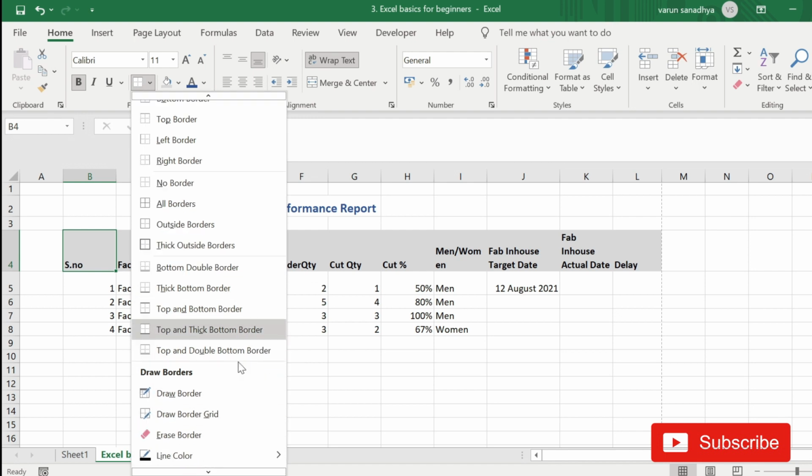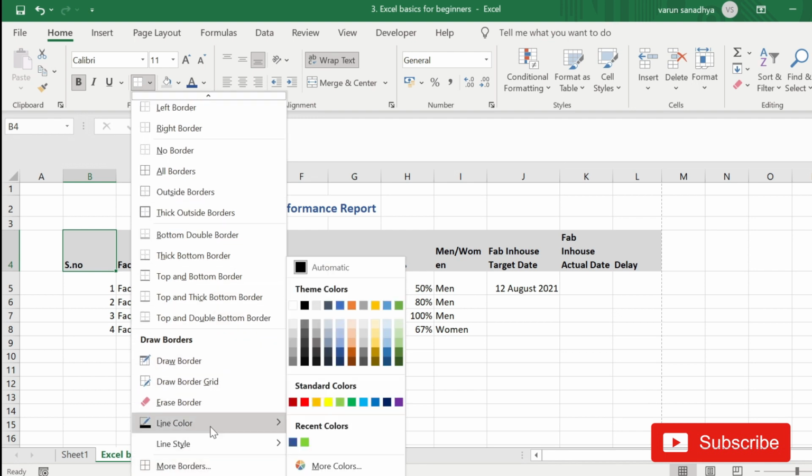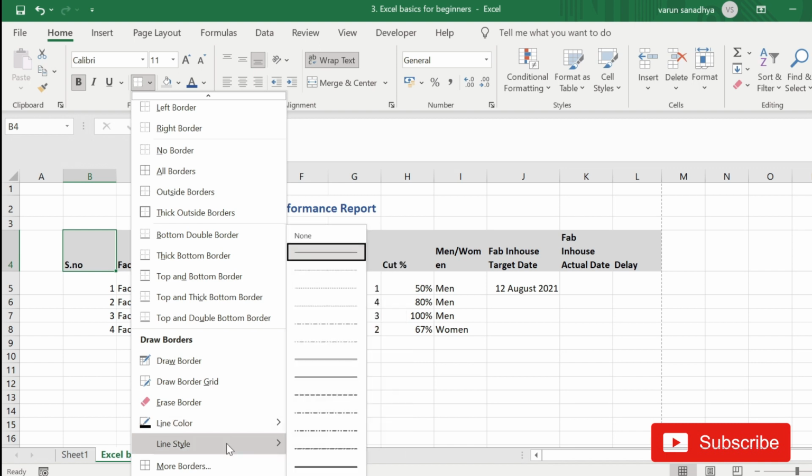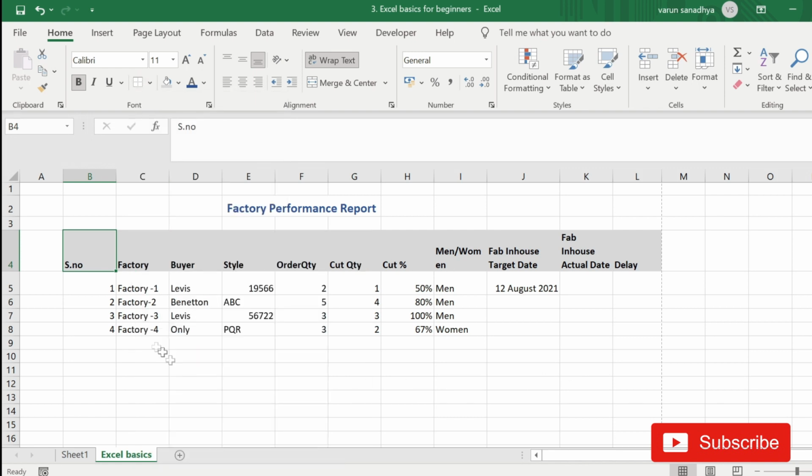And if you have to change the line color, at the bottom you have the line color, you can select whatever color you want, and then there is line style. So you can select the line style. So right now I want to give it